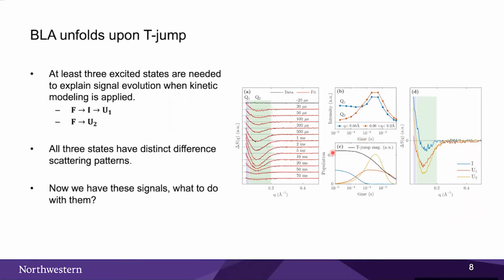Okay, so panel C is just something that we use to fit the data, but panel D encodes the structure change of the protein for these states. We have these signals. What do we do with them? Well, you could say that, okay, since the forward scattering seems to be positive, you see that the protein increased in size or in surface area.